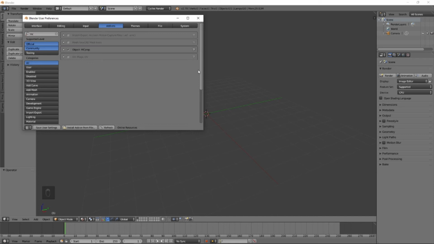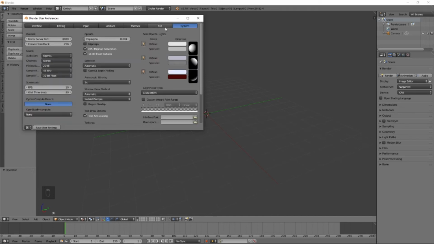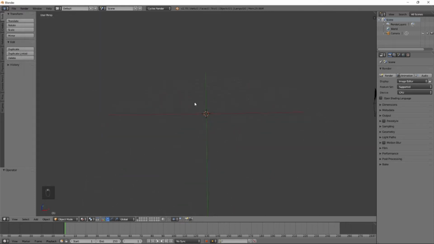And if you followed my other tutorial, you know that you want to have bitmaps disabled, and actually disable GPU bitmap generation as well, because if you're using a dedicated GPU, it might mess up some stuff. Then press Save User Settings. Now that you have that done,